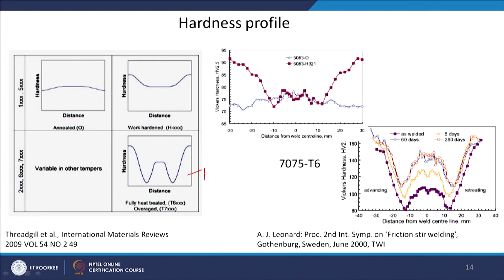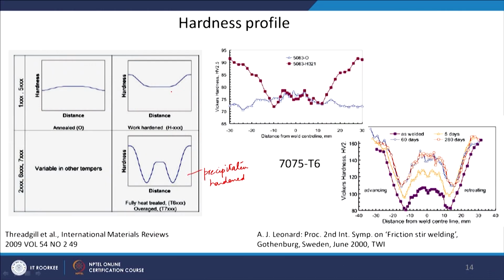So, in the precipitation hardened materials, okay, the reduction in hardness is quite significant because of the processing. In work hardened materials, okay, which do not get hardened by precipitation, the only method to increase the strength or give hardening to the material is through introduction of dislocations through cold deformation or cold working. So, you increase the number of dislocations, or dislocation density, and that will give the hardness. So, this is what we call work hardening.